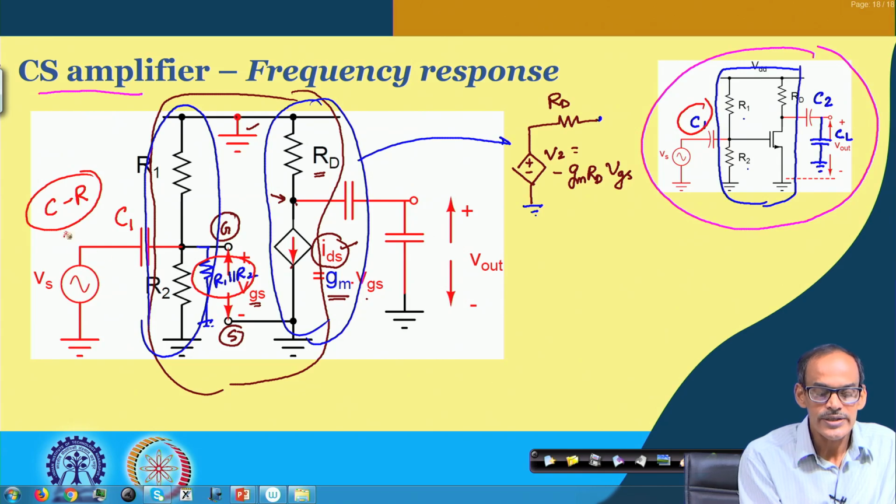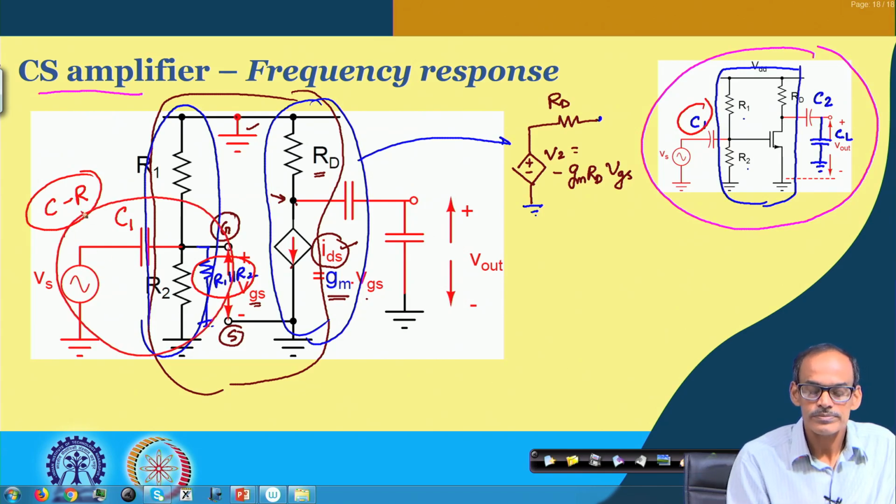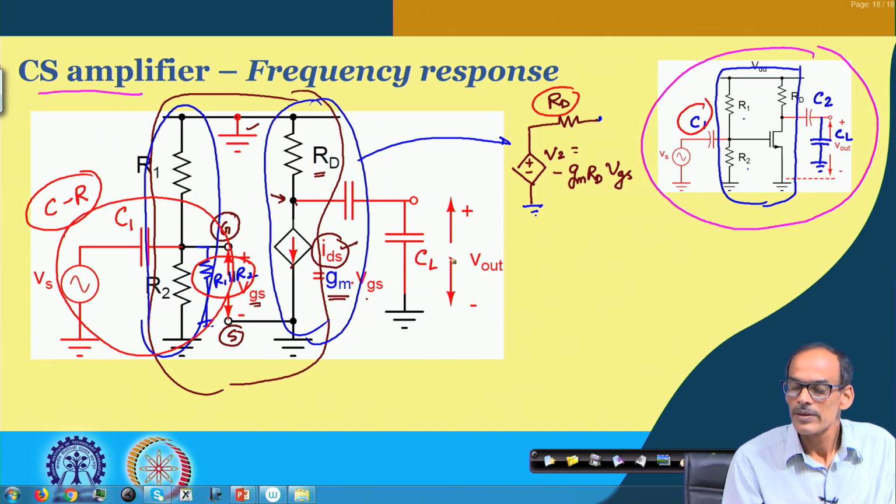This CR circuit is getting formed here, and then the output resistance, which is RD, and this CL along with this C2 coming in series, these two are forming another circuit, which is of course an RC circuit, and this capacitor value is